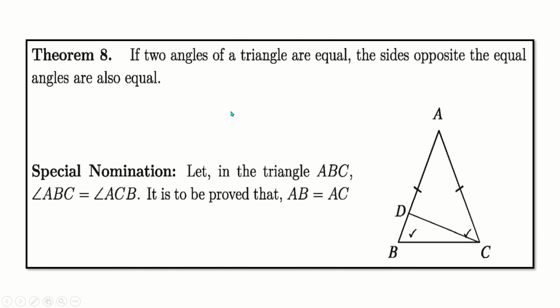Theorem number 8. That means theorems 6, 7 and some theorems that were solved in class 7. Some theorems were solved in class 8, for example the Pythagoras theorem, and other theorems, meaning SSS theorem. That means if three sides of a triangle are equal to those of another triangle, these two triangles will be congruent. And another one is SSA. That means two sides and one angle are equal to those of another triangle, then these two triangles are also congruent.